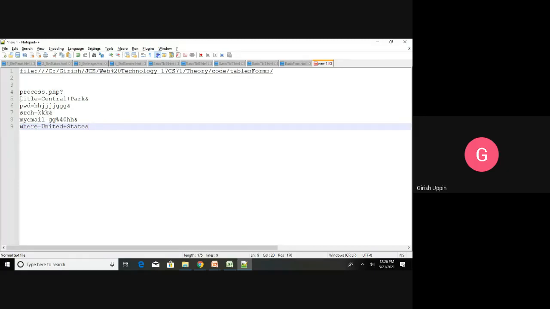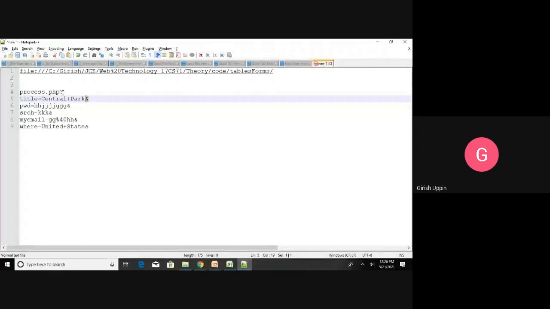If you see, this is the key and value pair. It is very similar to that. These are the controls that are available on your form, the names given to those controls, and the values given by the user. So it will be sent as these pairs separated by ampersand.